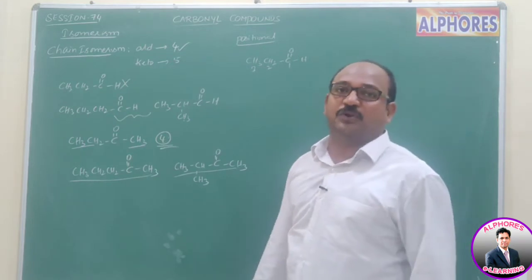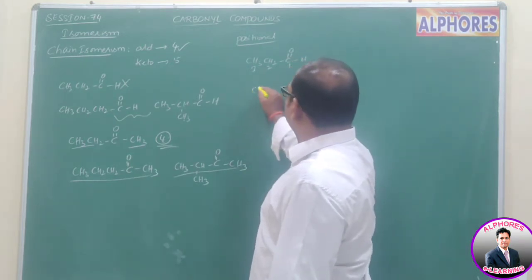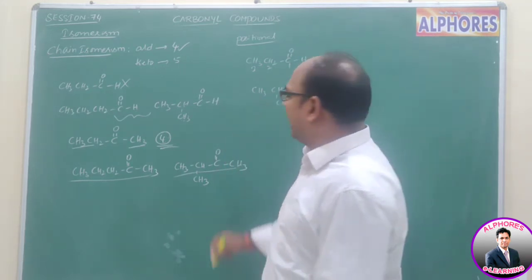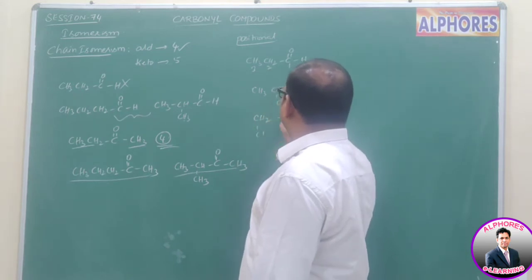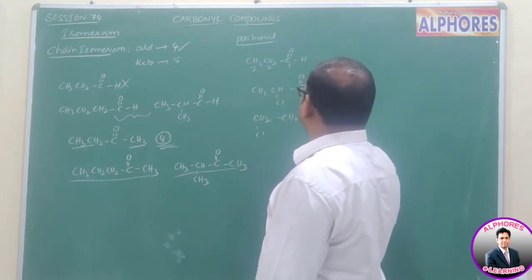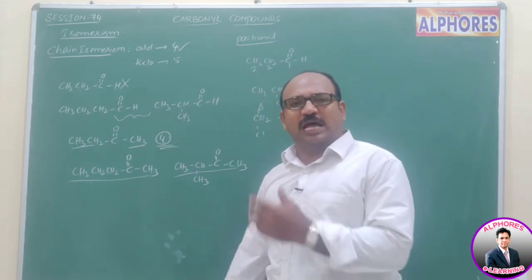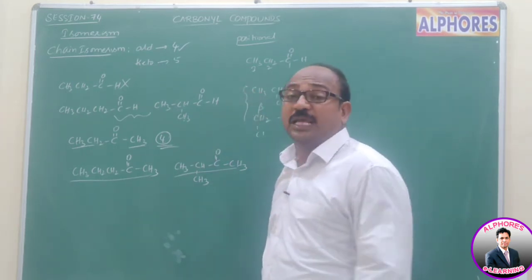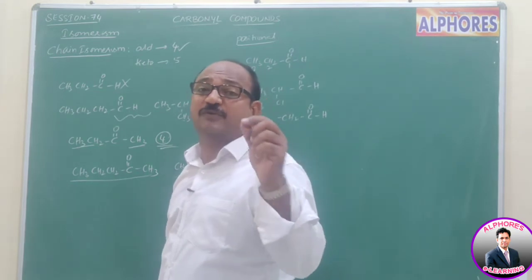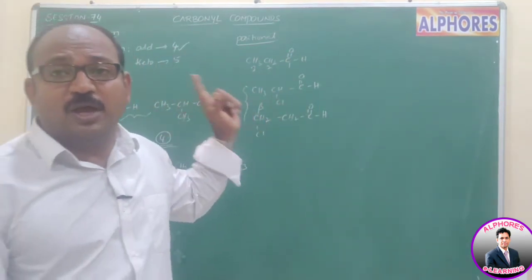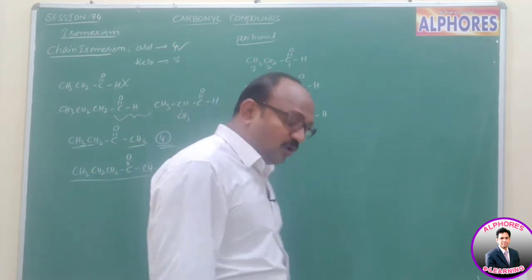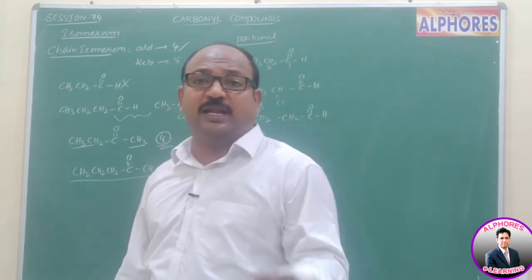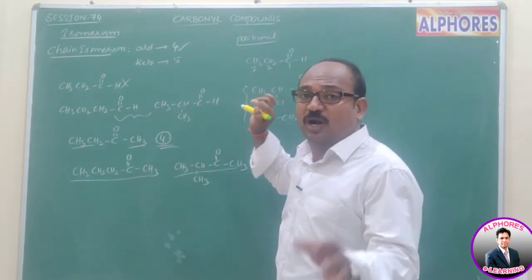If there is any other substituent, then it exhibits. For example, CH3, CHCl, C double bond OH. It is alpha-chloropropanal. And if you change the position of chlorine here, CH2Cl, CH2, C double bond OH, this is beta-chloropropanal. So alpha-chloropropanal or 2-chloropropanal, and beta-chloropropanal or 3-chloropropanal. These two are positional isomers with respect to the position of chlorine, but not with respect to the position of the aldehyde group, the CHO group. Don't forget that. So if there is no other substituent, with respect to only the aldehyde group, aldehydes do not exhibit any positional isomers.